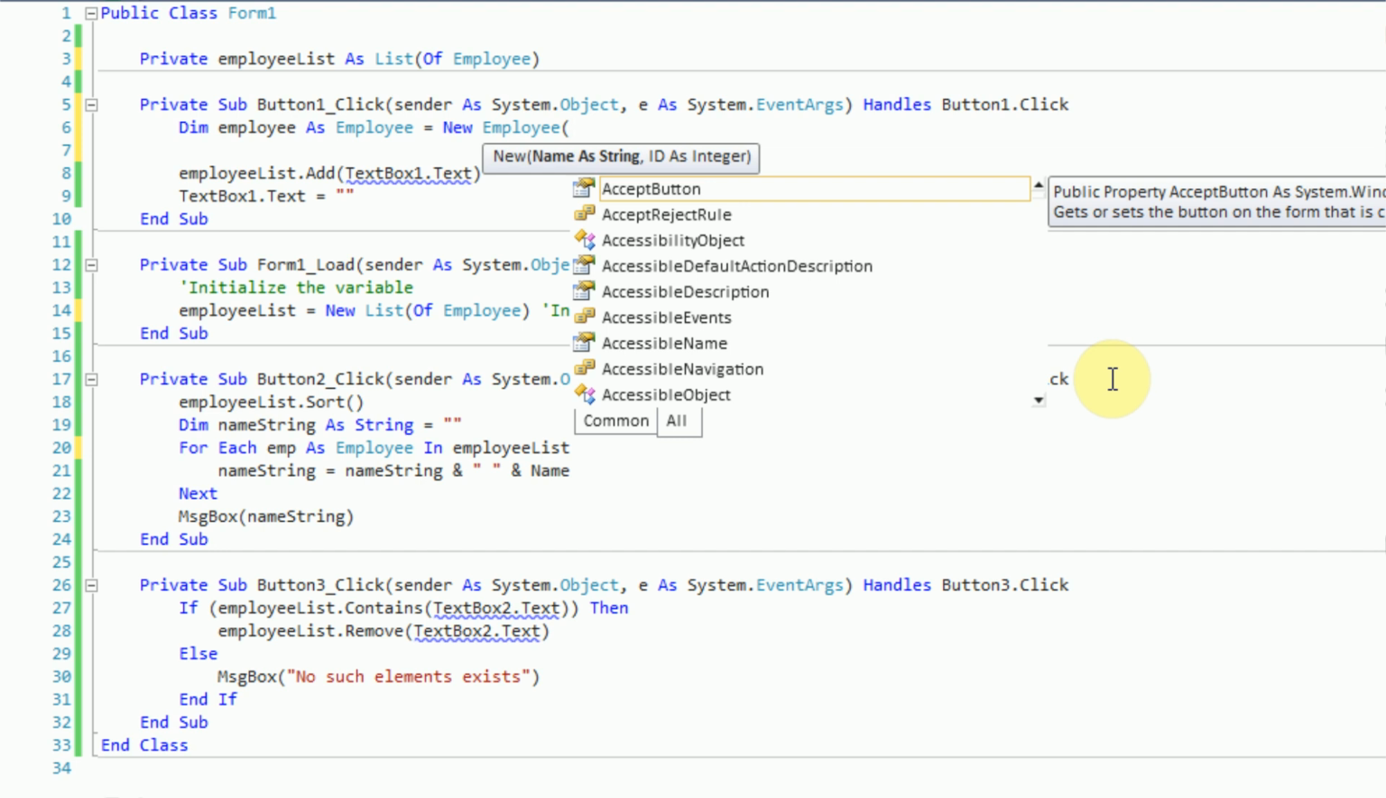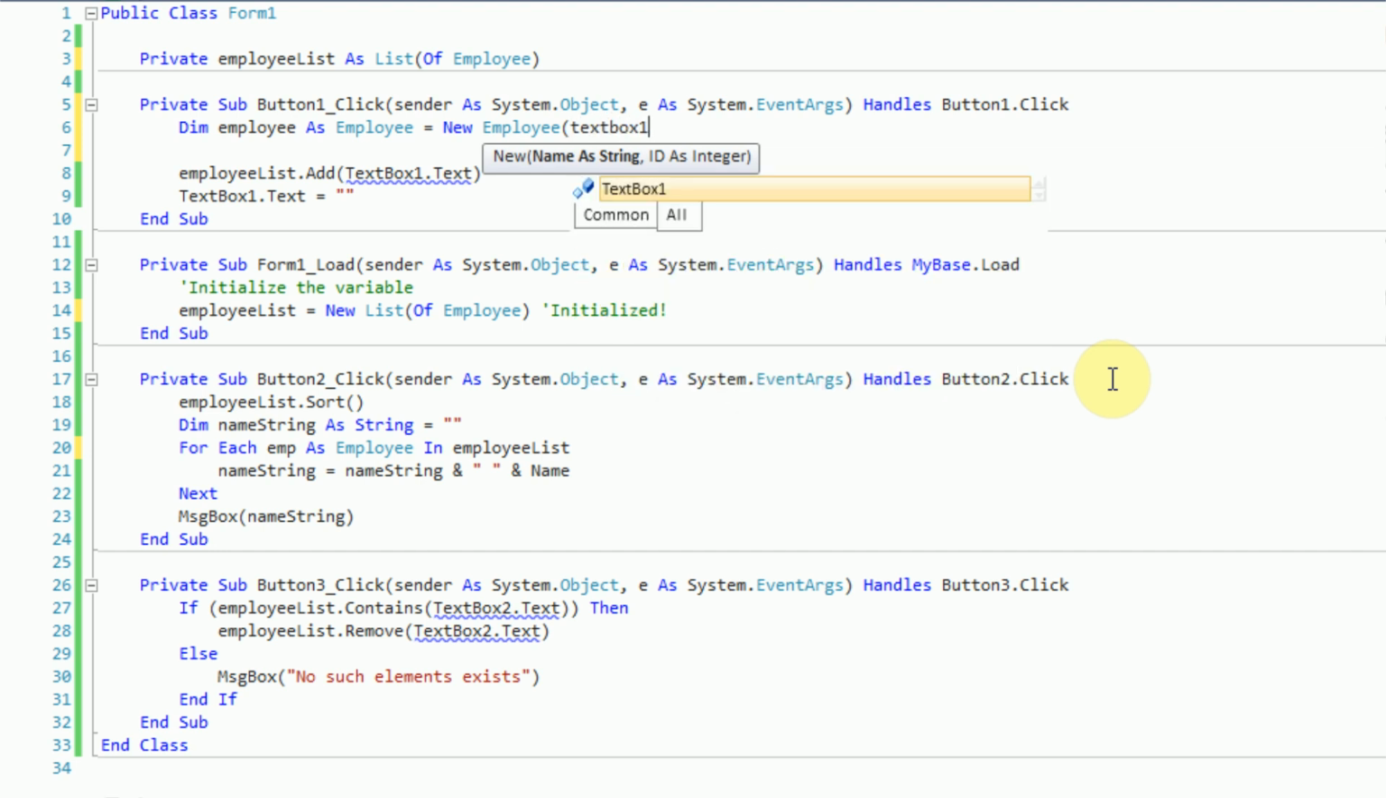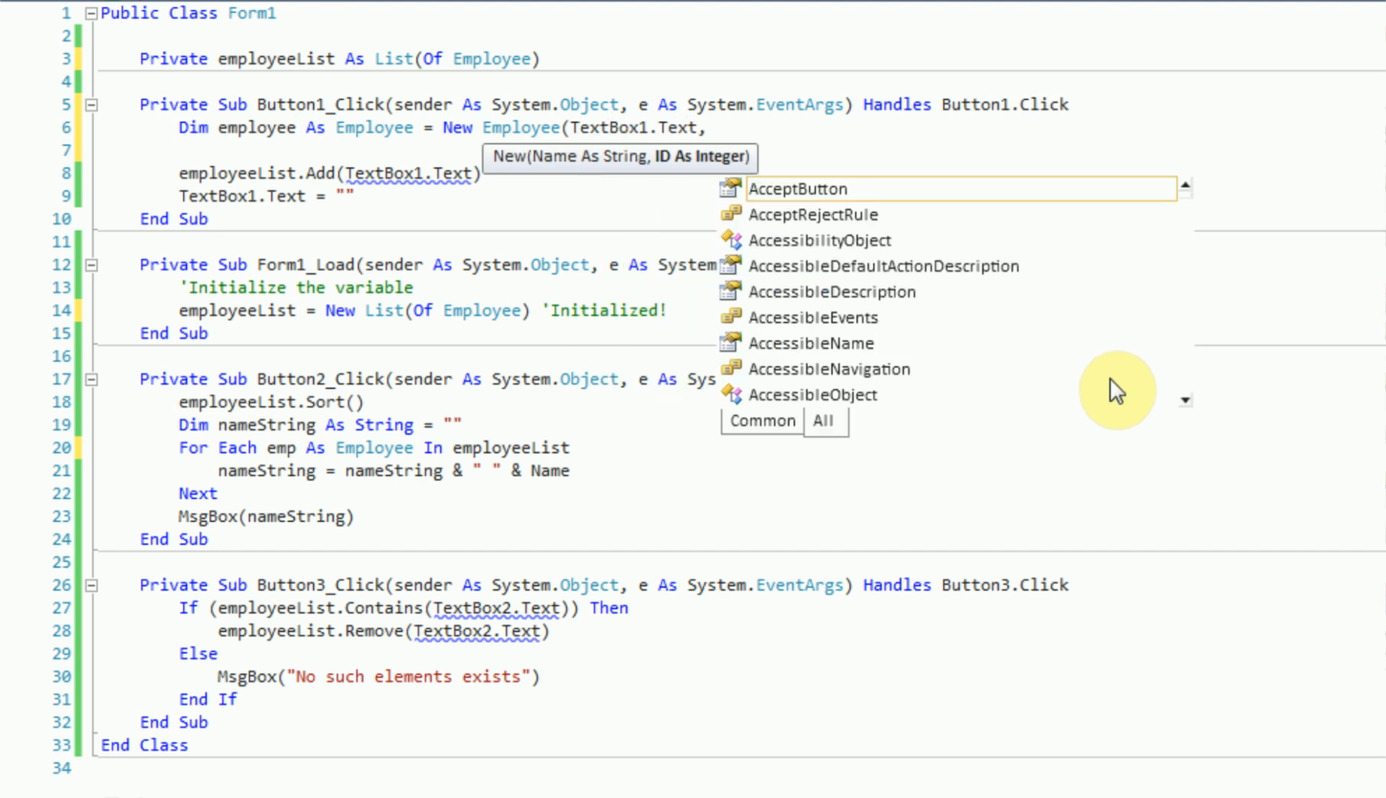And then we need to specify the name and ID of the employee that we actually need to create. So the name is textbox1.text, which we specify, and the ID should be the number in which the employee was created. So for example, the first employee should have an ID of 0, second employee should have an ID of 1, going on from that. So the easy way to do this is actually to access how many employees there already